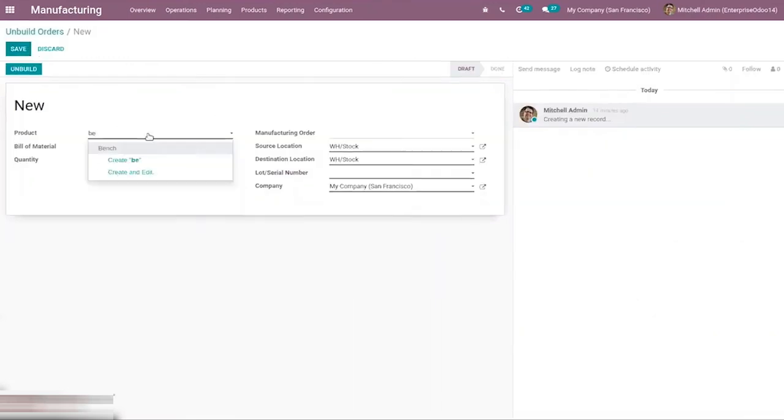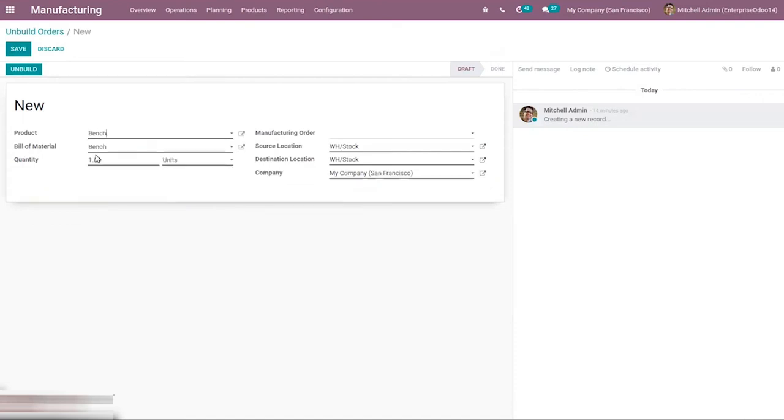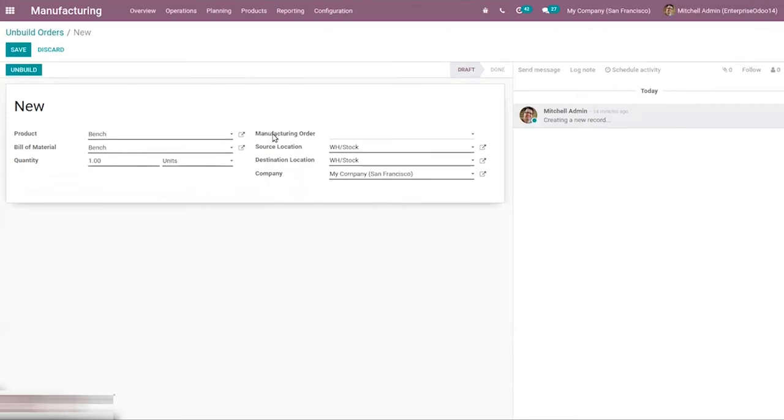I'm adding a product, bench, that is already manufactured, and here you can see the bill of material of the bench and the quantity. Then here we can attach a manufacturing order. If you have manufactured the product and found a defect and you want to unbuild, then you can set that manufacturing order here. So here you can see for bench there is a manufacturing order,